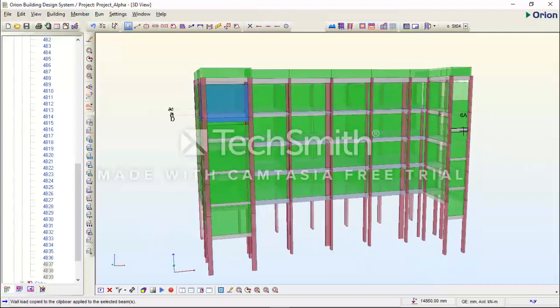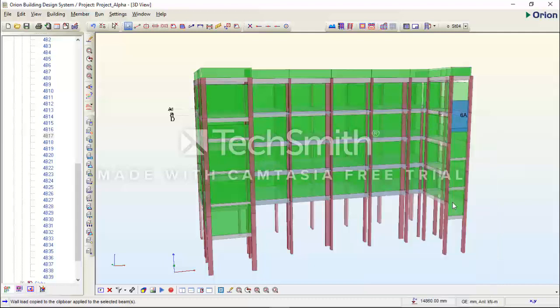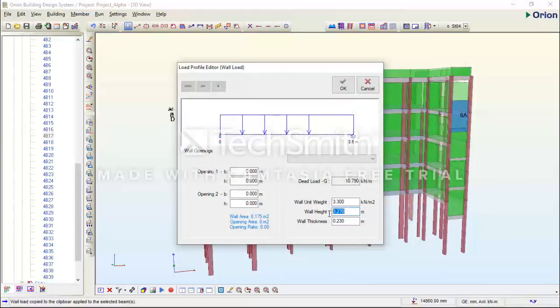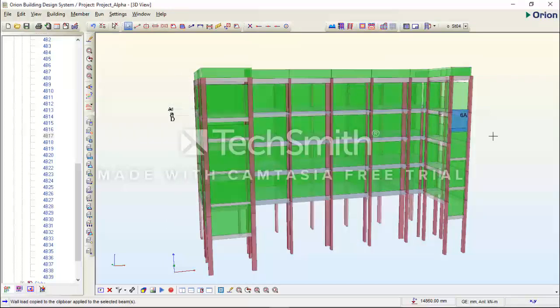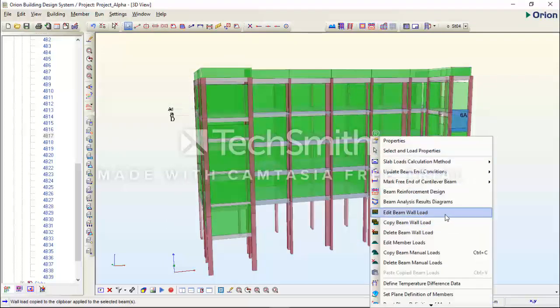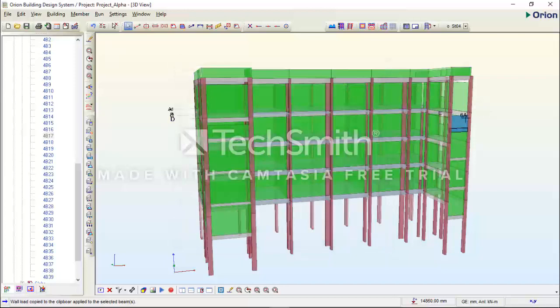Remain this beam here. This beam here, I would like to reduce the height of the wall. Edit beam wall load. Reduce it down by say like 2.2 meters. See the effects. It's not okay. I'm not okay with it. I'll still reduce it down more. Say 1.5 meters. And I'll place another beam just below